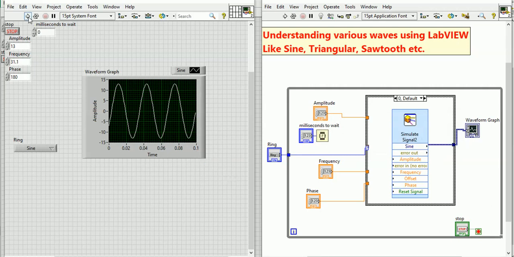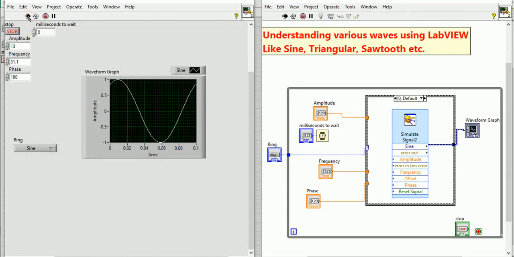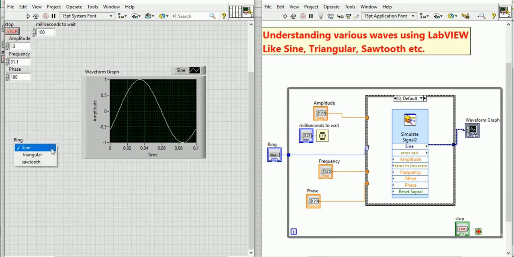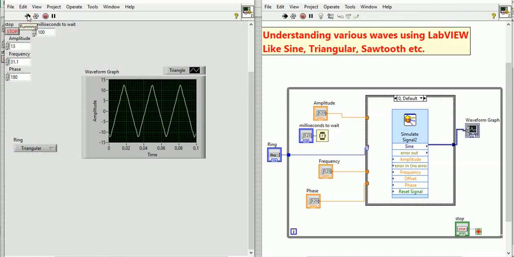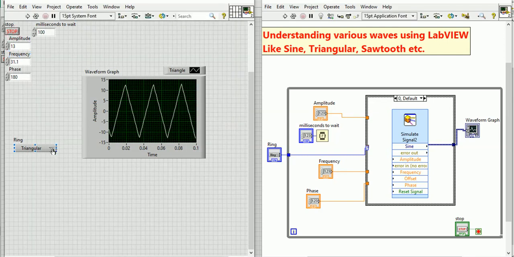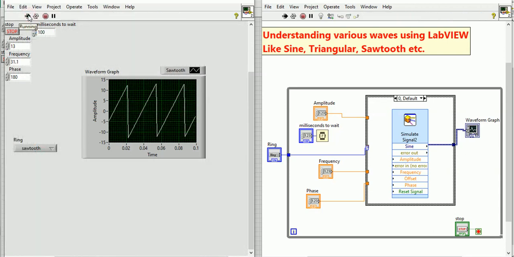Now your program is completed. If we run the program, you can see it is running, but if you change it from 0 millisecond to 200 milliseconds, you can see it changes slowly. If you put 100, you can also see the change. Let's stop the program first, and then if you put triangular wave and run the program, you can see the triangular wave is coming. After stopping, if you select sawtooth and run the program, you can see the sawtooth wave.